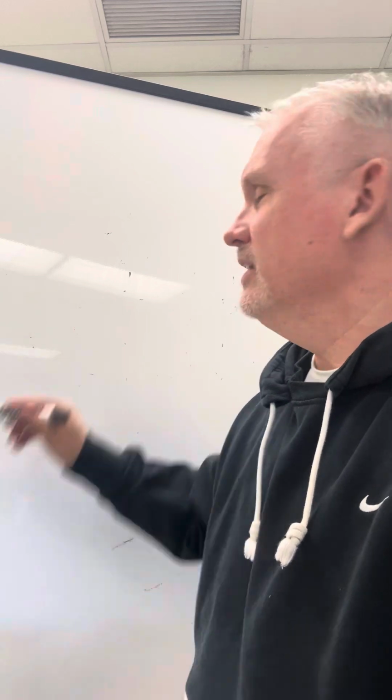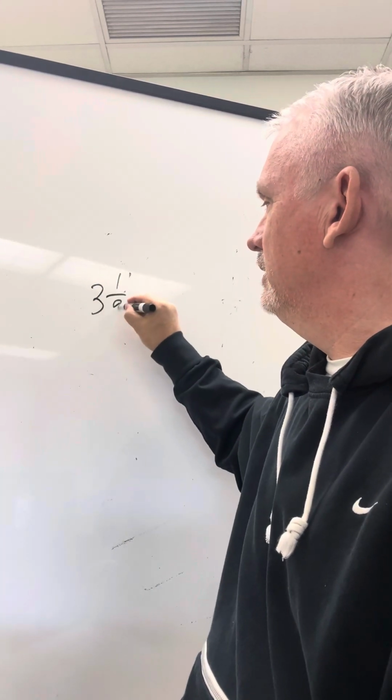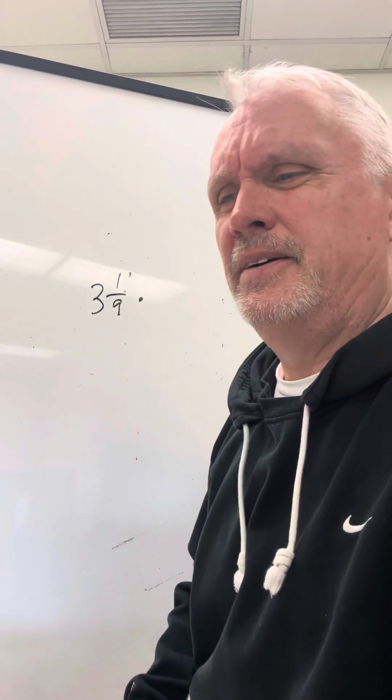Okay, now we're going to talk about 4.7, which is operations with mixed numbers. It's a little confusing, but I'm going to start with the easy parts first, and then we'll move into a little bit more difficult. So if I give you something that says 3 1/9 times 2,